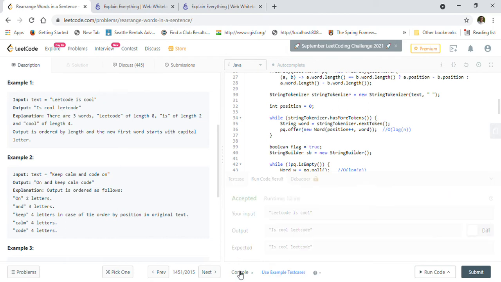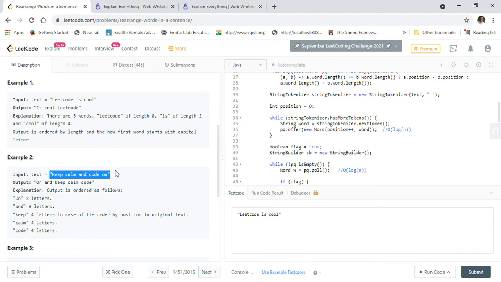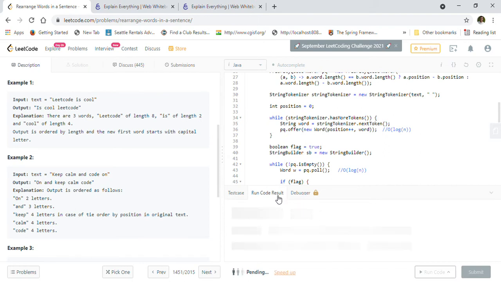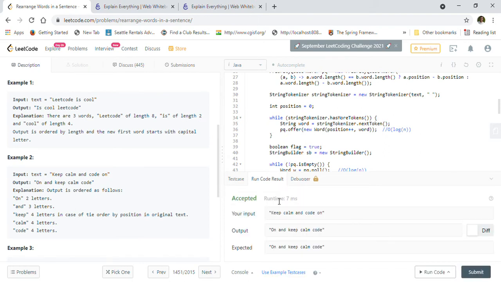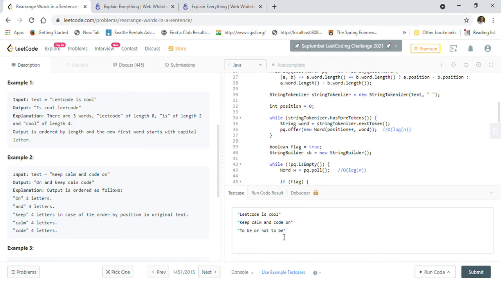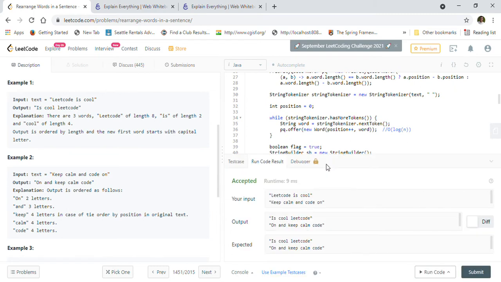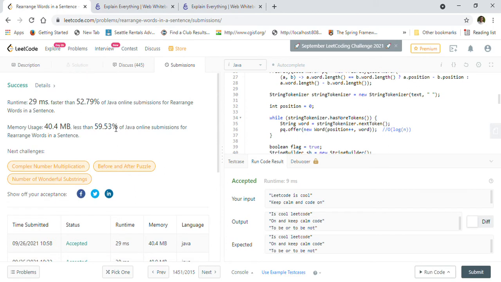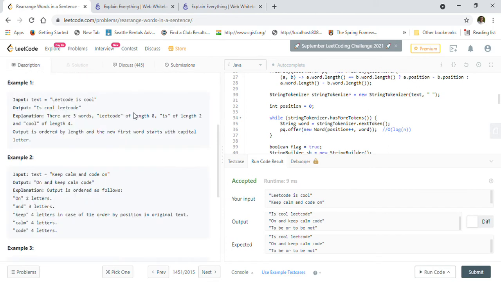So let us take the example that we are looking at. Let us take this example and make sure this is working, with the priority queue approach. As you see, we are getting the correct result here. We will just make sure we are executing all the test cases that are given to us. All our test cases are working fine. So let us just submit this solution. This solution is working fine and it is accepted by LeetCode.